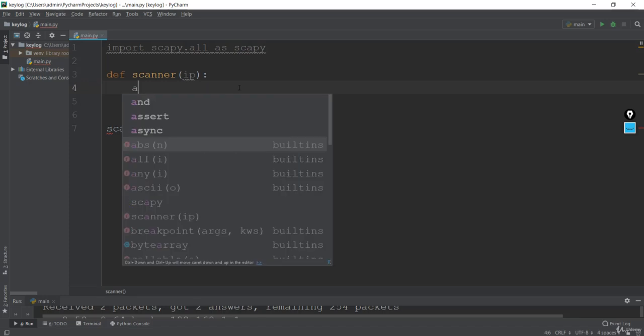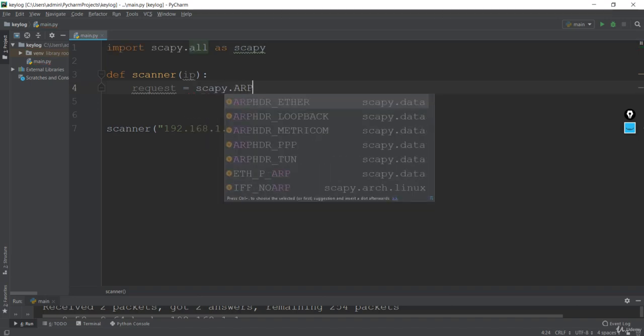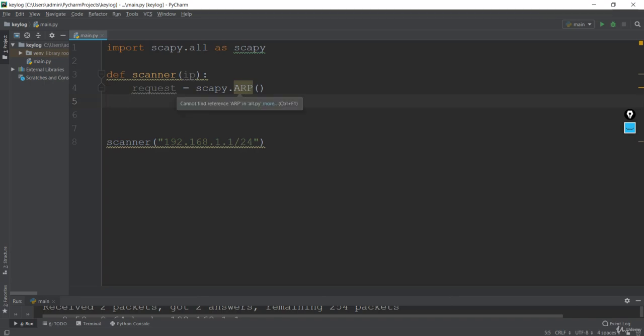Next is to create the request, and obviously it is an ARP request. In order to create this ARP request, it is done by the ARP class. So let's make use of this ARP class, and this is all it takes to create the request in Python. It is very easy. You just make use of the ARP class to create the request.